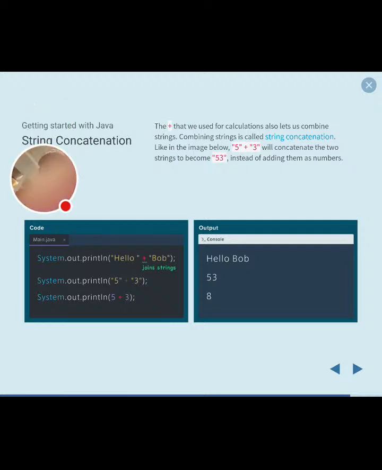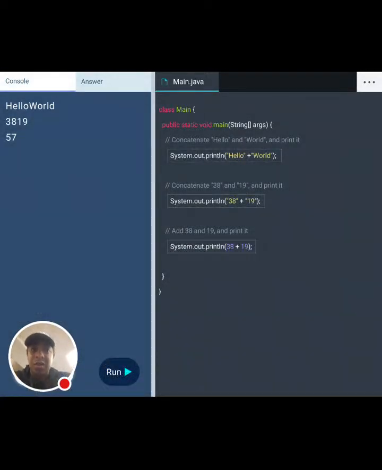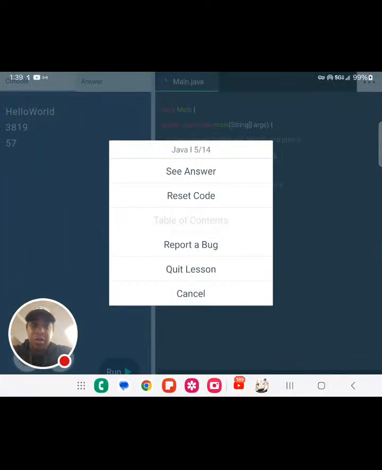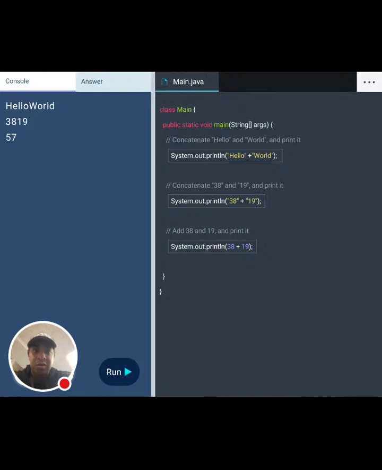So let's see here. I don't know if my camera's in the way. It probably is. This is string concatenation. This is where you tie a couple strings together. This was just super easy. So I'm just going to skip that. So let's, actually I'm going to delete this one.